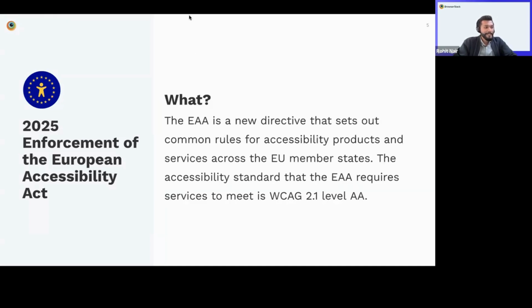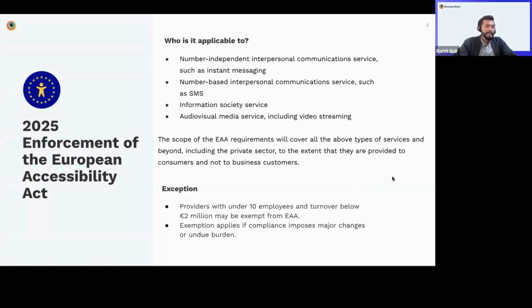Well, it took effect in April 2019, and the directive basically states that every product that is serving the European member states needs to be accessible in nature. The web technologies, mobile app technologies, etc. What that means is you need to follow the WCAG 2.1 level AA guidelines. The EA Act has a deadline too that's attached to it, and that's the June 2025 deadline.